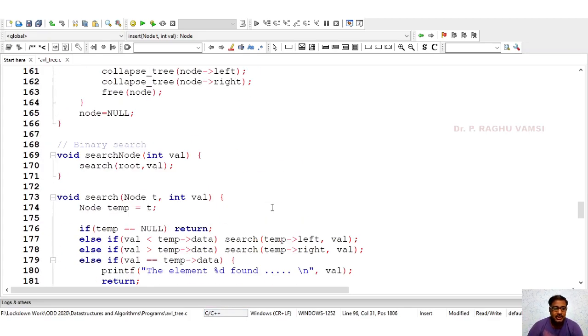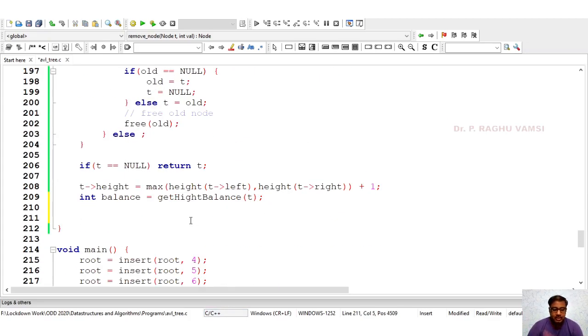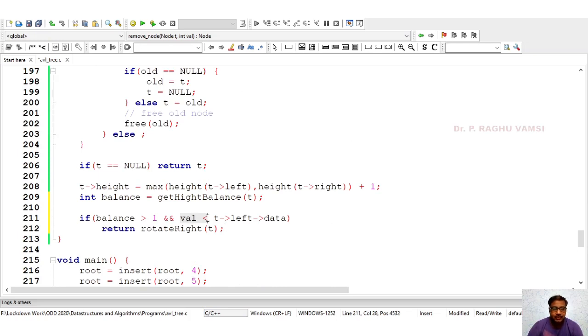So the same thing I am copy pasting here, so that if balance is greater than 1 and get height balance of t left, the left subtree, is greater than or equal to 0, then we need to perform the rotate right operation.